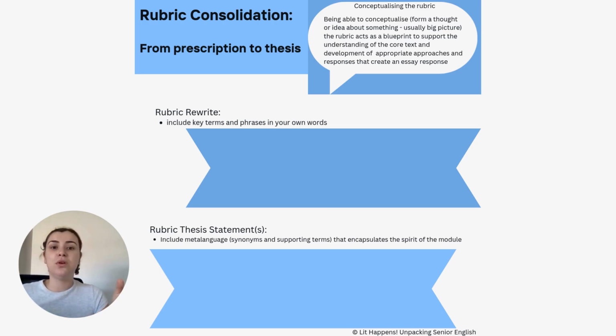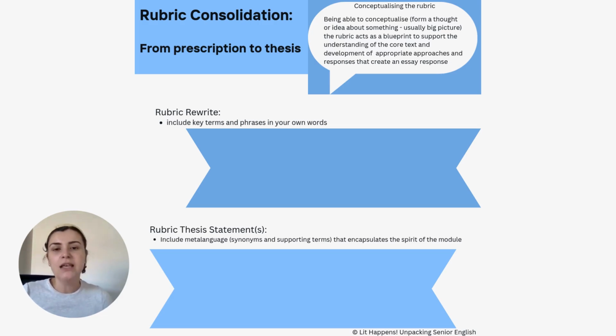And that idea of, well, that thesis of that appreciation and that understanding, once you get to your prescribed text, that might be the big umbrella core concept. And then students within the body paragraphs are examining how that big message that's coming across from the two texts actually plays out. And I think the beauty with the rubric thesis statements is they don't have to be pretty or elaborate. They just have to be a start,